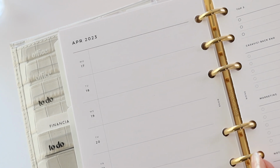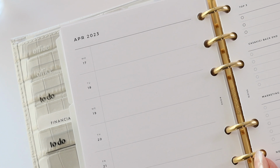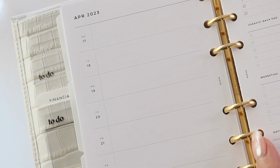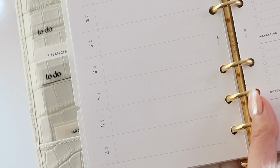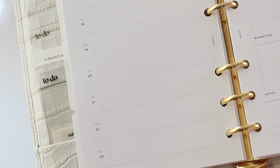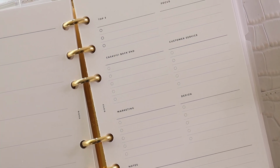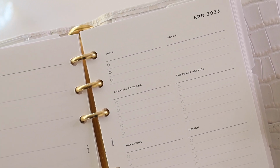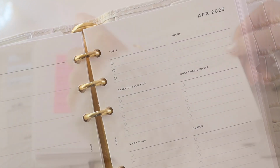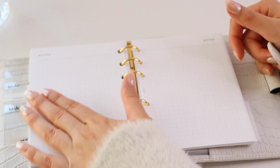The left-hand side of the page has a dated weekly spread that's horizontal, and this layout is perfect for noting date-specific tasks. And then the right-hand side is all listing and you can choose your own headers. So I chose my most common lists: my top 3, my focus, back-end stuff, customer service, marketing, design, and then notes. I still have a few things in here from when this was my puppy planner,